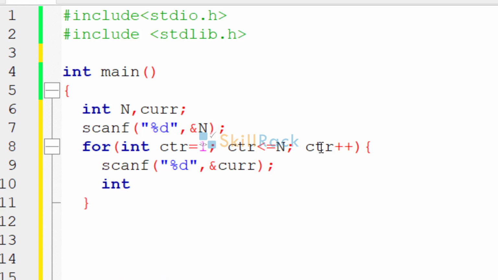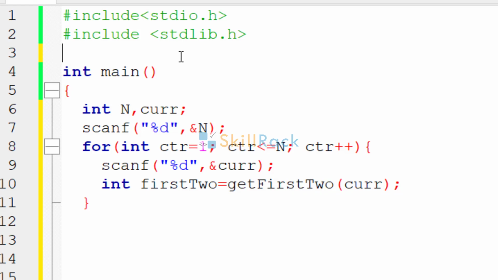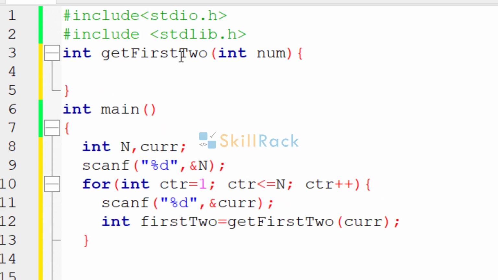And we need to find the last two digits and the first two digits. So let us find the first two digits. We will have a function for the same. We'll pass current as the input. Here we are checking while num is greater than or equal to 100, what should we do?